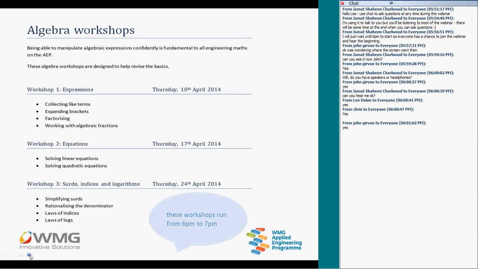All right. This is one of 3 sessions, and they'll be on the next Thursdays after this one, all 6 p.m. to 7 p.m. And they're all on basic algebra. So today's workshop is on